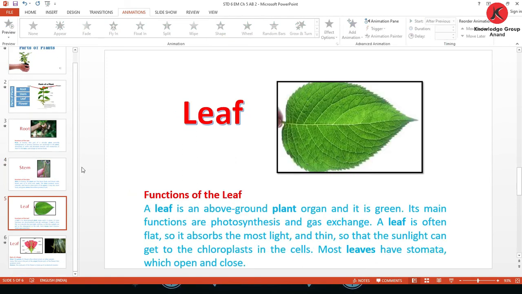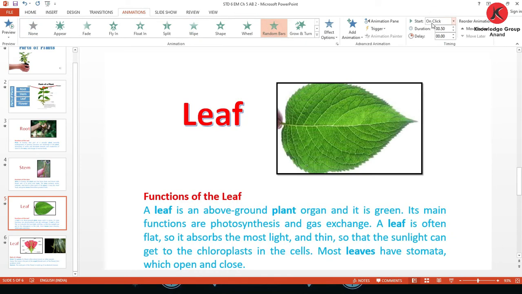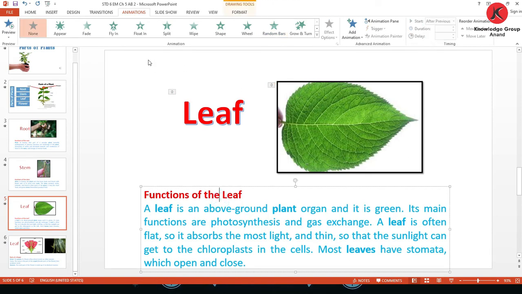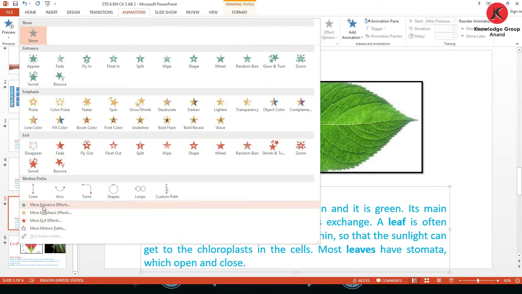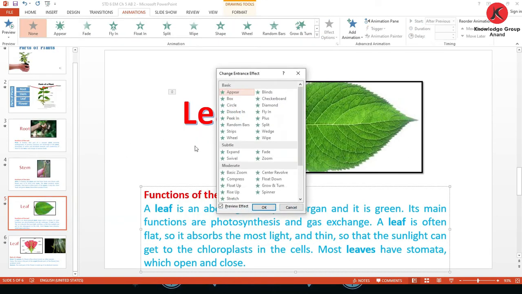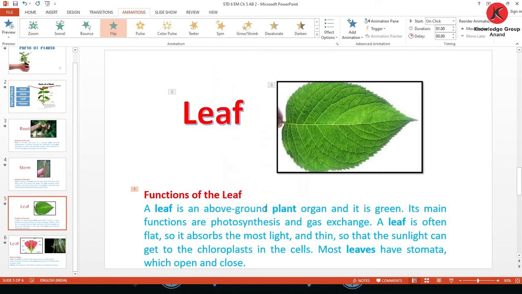Okay, now leaf, select the content and after previous, then randoms and after previous. You can use any animation from here also.